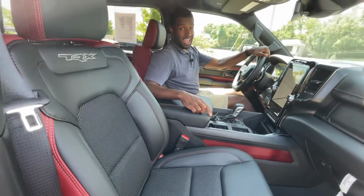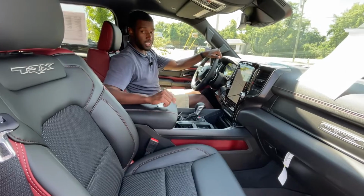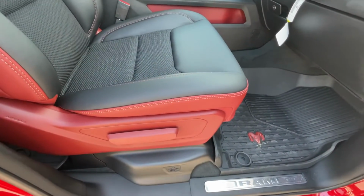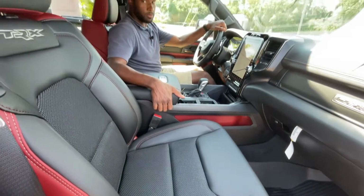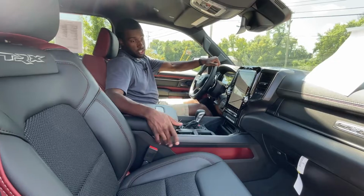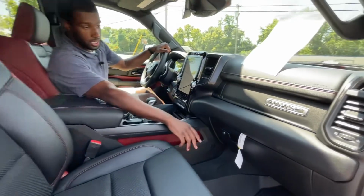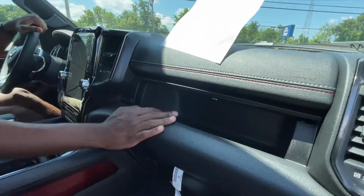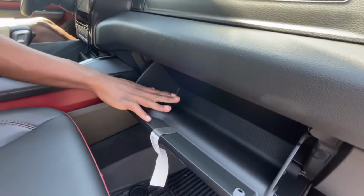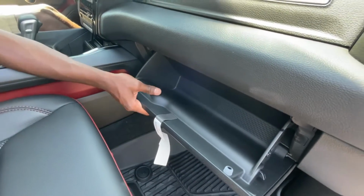But you get about an 8-way, I think, power driver seat with power lumbar support. And then with this one on the passenger side, you do have a manual seat. But you'll probably be driving this mostly by yourself anyway. So not really an issue there because the seats are still comfortable. But over to the glove compartment, we have a little storage here. And then our main glove compartment, storage in there. Pretty skinny, but